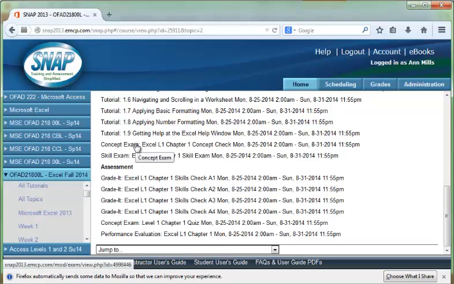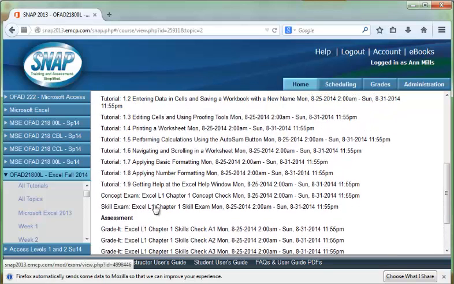The concept exam and the training takes you through the concept checks, and then that prepares you for the quizzes that you'll see in the assessment area. The skill exam, again, it's up in the tutorial area, so there's no points assigned, but what happens here is it's a scenario, a hands-on problem that tests all of the concepts within the chapter. And so it's kind of reviewing all the tutorials that you've gone over and puts them in one scenario,